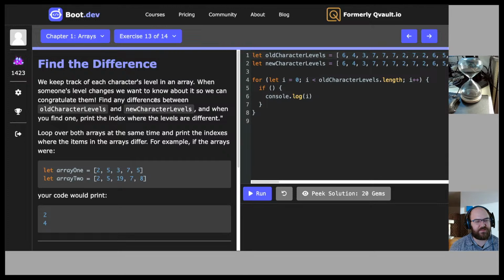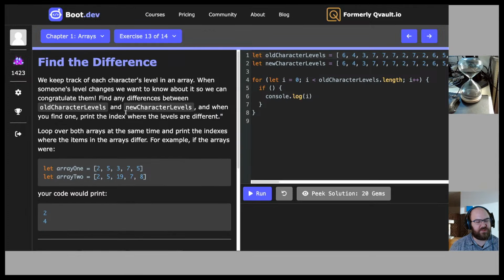Find the difference. We need to keep track of each character's levels in an array. When someone's level changes, we want to know about it so we can congratulate them. Find any differences between old character levels and new character levels. When you find one, print the index where the levels are different. Loop over both arrays at the same time and print the indexes where the items in the arrays differ. For example, if the arrays were